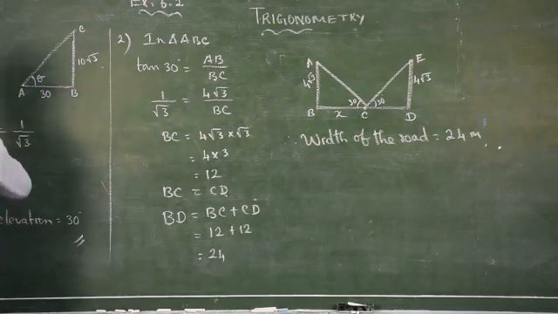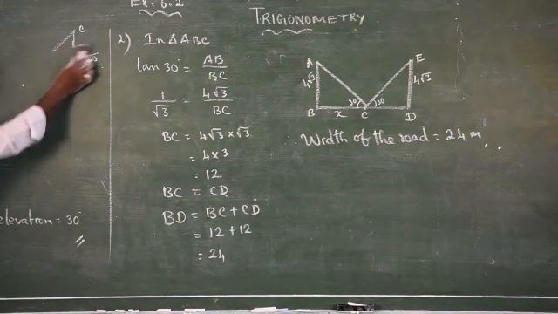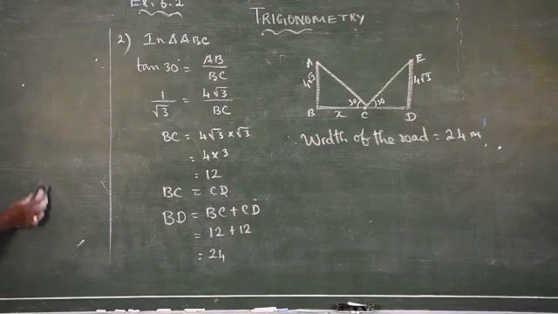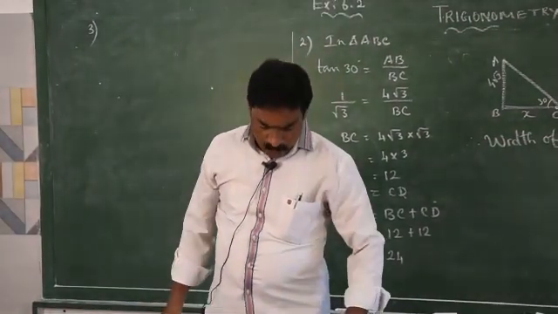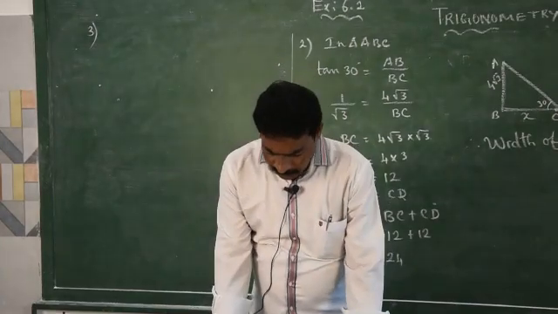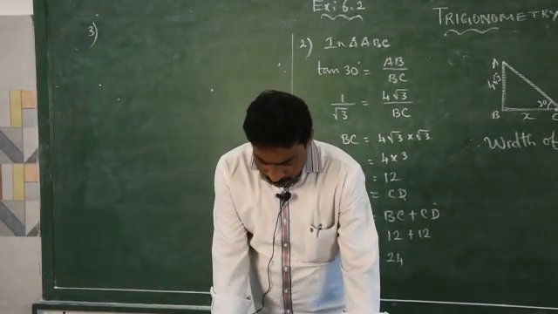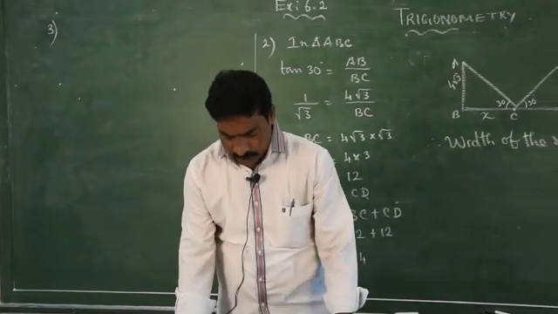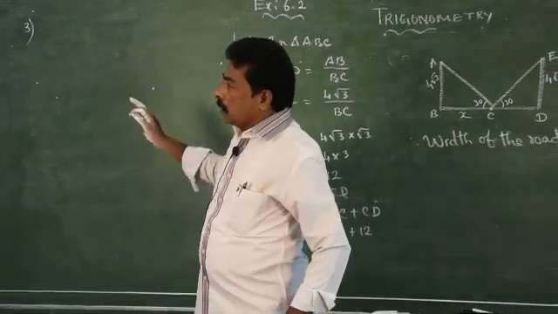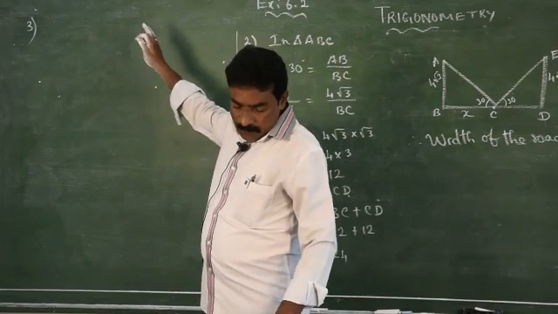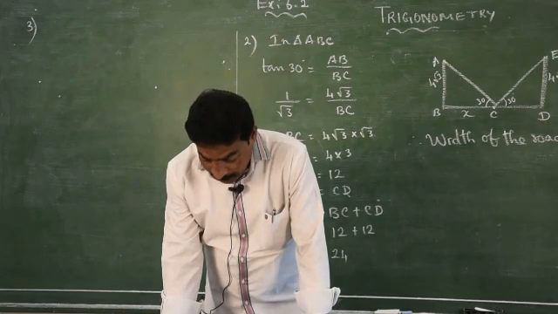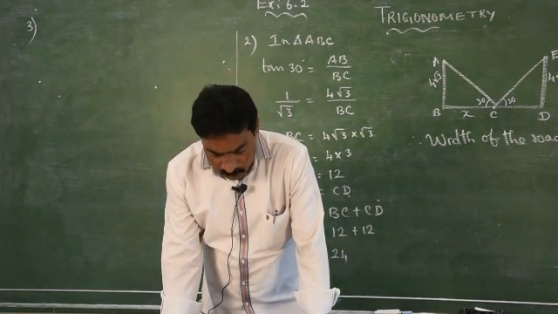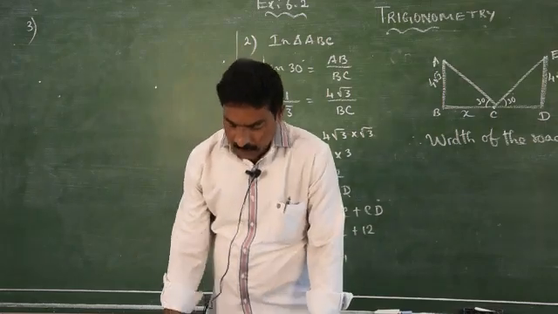The third question. A man standing outside his house. The angles of elevation of the top and bottom of a window are 60 and 45. A man standing outside his door is observing the window on the wall of the house. If the height of the man is 180 centimeters and if he is 5 meters away from the wall, what is the height of the window?